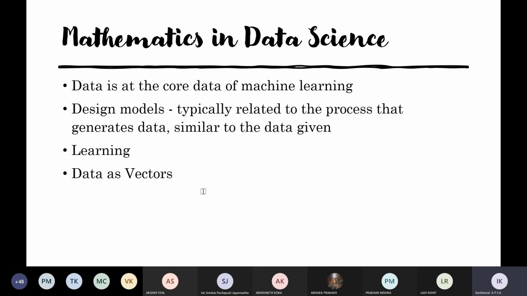Let me give you a simple example. Even in NLP, when you're dealing with natural language processing, your sentences will be converted using an embedding to a vector, and they'll be given values. So everything ultimately will get down to numbers for the working of the model. So what we are going to assume throughout is that any data we have is numeric in nature, and this numeric representation is basically going to be considered as vectors.